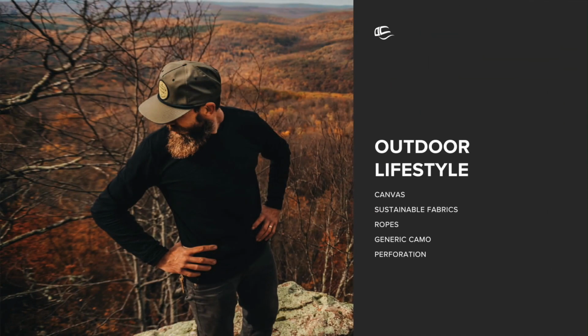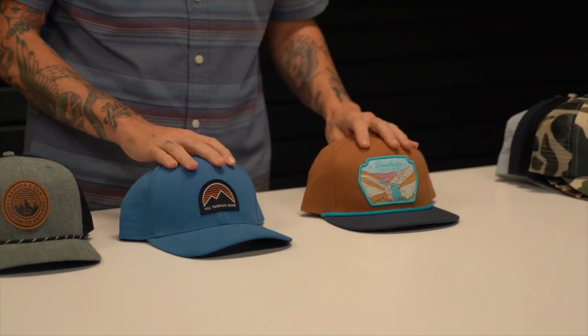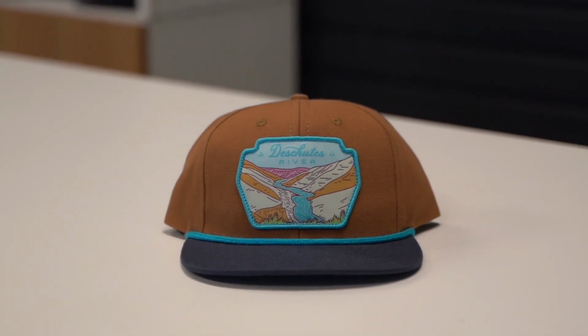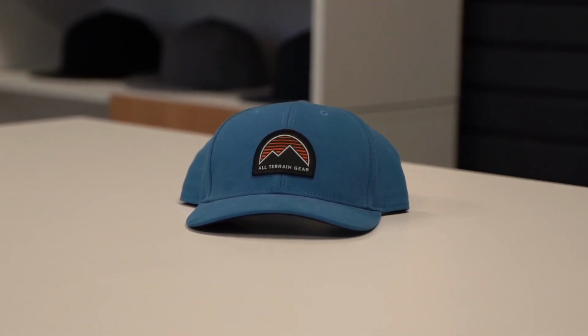Now let's talk about some important trends in the outdoor lifestyle market. So first up, one important fabric in the outdoor lifestyle market is canvas. You'll see canvas utilized quite a bit. Canvas is unique because it has kind of a rugged durability type look. You can find it in a lot of great colors, and it just gives a nice texture to the cap